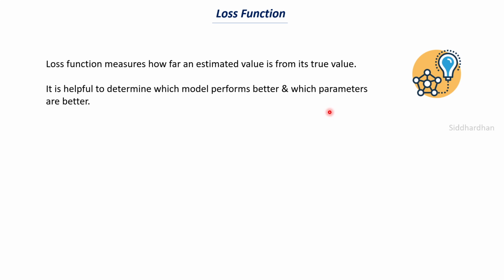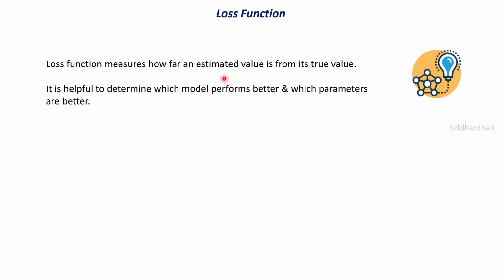What we will basically do in gradient descent is that we will try to give some parameters, in the sense weight and bias value, to our model, and then we will check this loss function. If the loss function value is more, then we can say that these are not the optimum parameters, these are not the best parameters of our model. Let's say that we are giving a different weight value and bias value to our model. In that case, if we get a minimum loss function, then we can say that our model is making good predictions. Okay, so that is the importance of loss function.